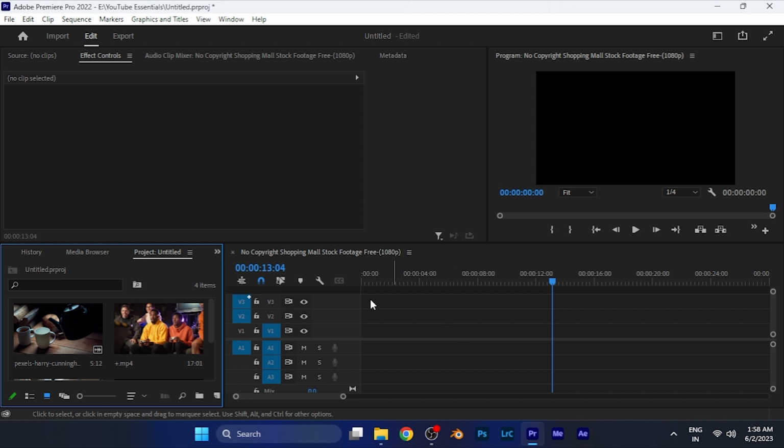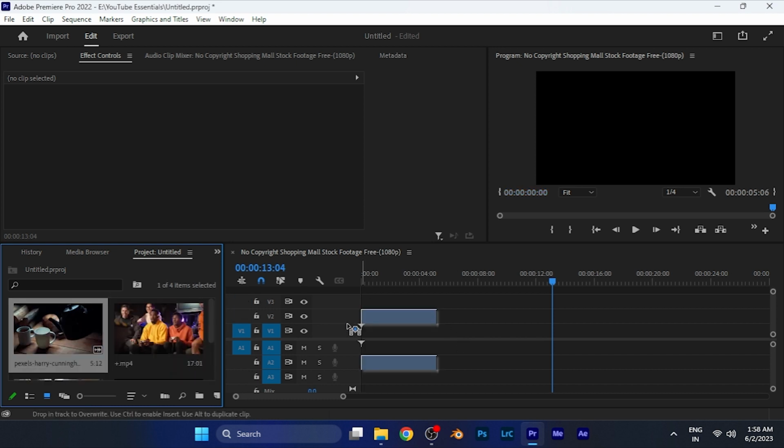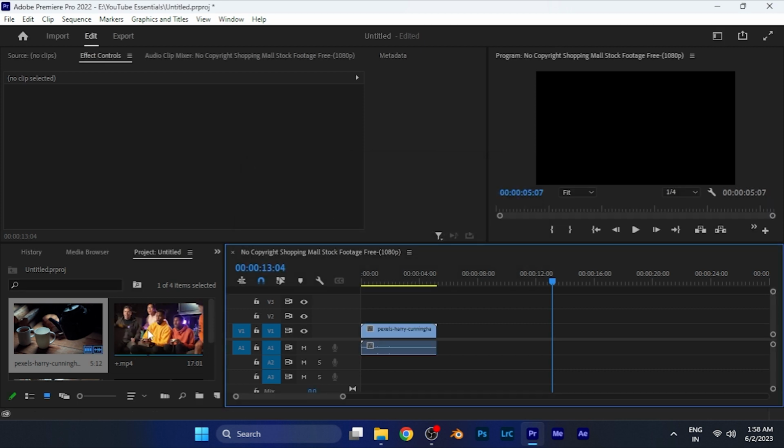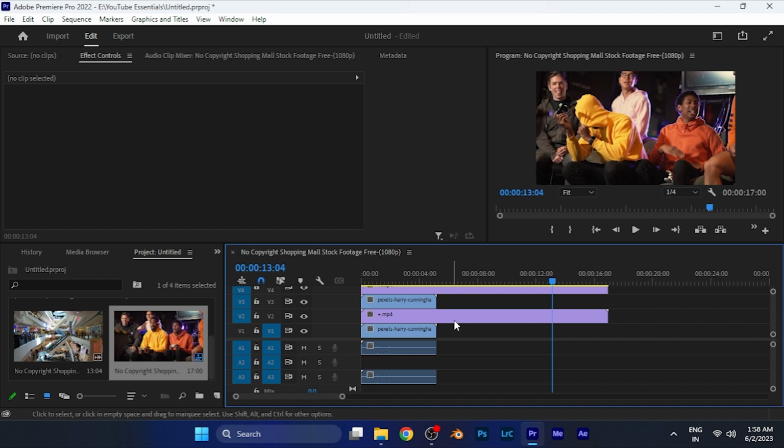While you open the Premiere Pro software, I have multiple clips in my project. When I add these clips to the timeline, I can add them over and over again. And when I add these clips, you can see multiple clips are now there in my timeline. And if I want to nest all the clips in this sequence, I simply select the clip that I